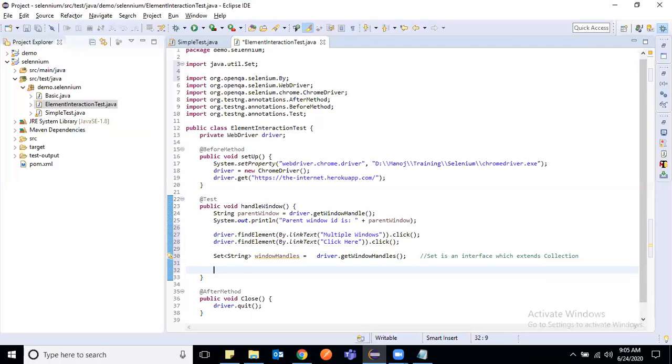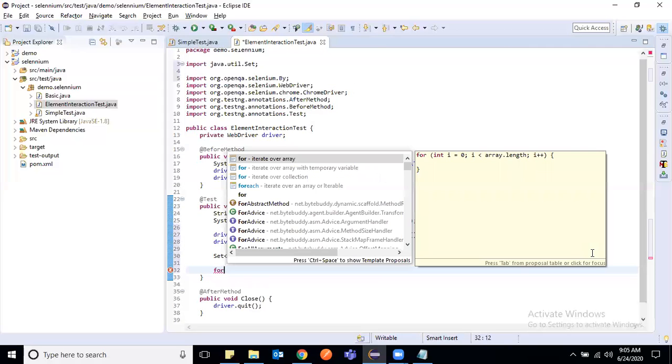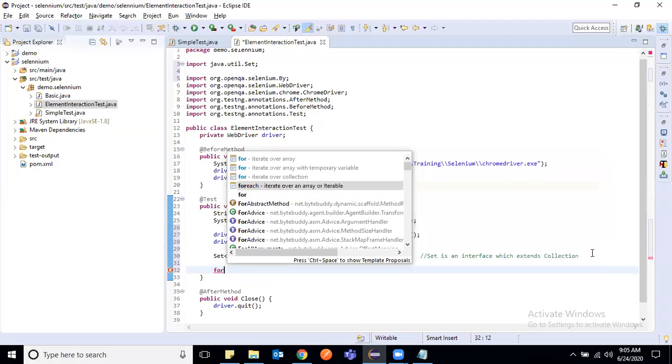I need to utilize a for loop, and if you write for and press Control space bar, you will see the different implementations of for loop. I want this one, not the for each.